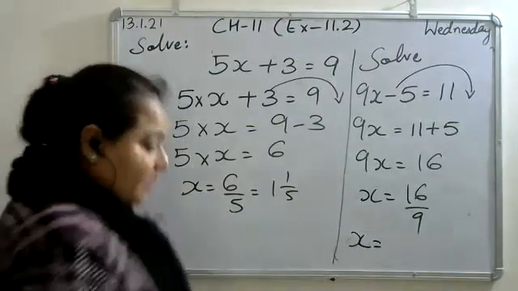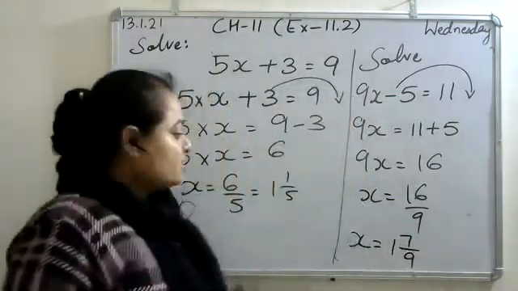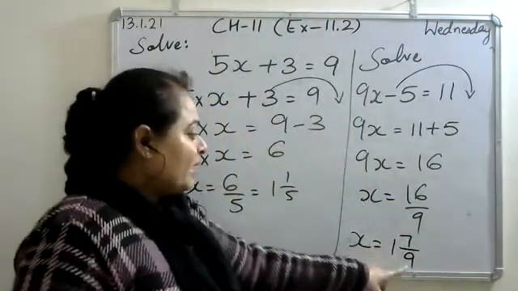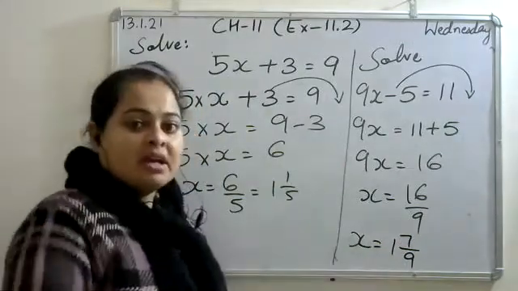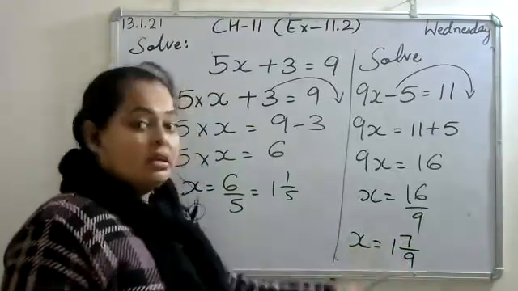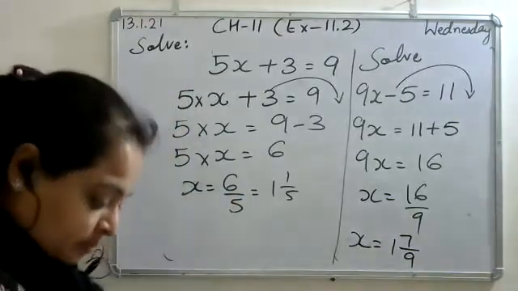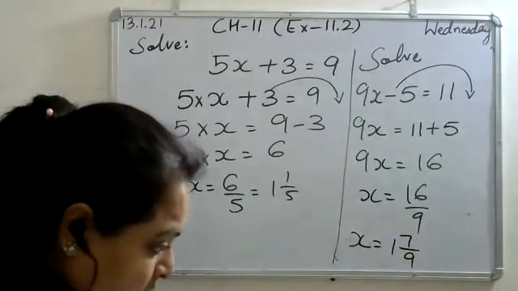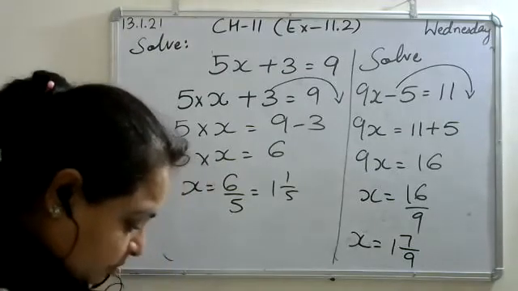One whole 7 by 9. Yes, 1 whole 7 by 9. This is 1 whole 7 by 9. Not 1 7 by 9. कुछ बच्चे इसको बोलते हैं 1 7 by 9. No, 1 whole 7 by 9. Whole word is very much compulsory. Fine. Very good, Nitya. Thank you.